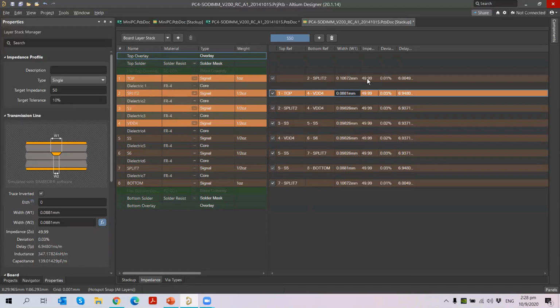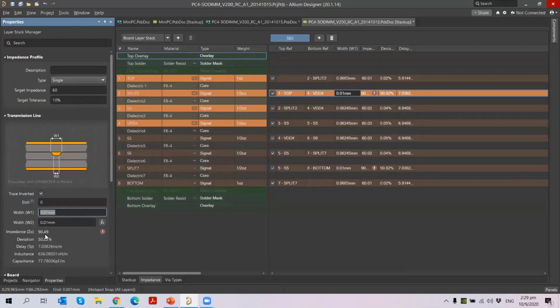Okay, so now we'll go for the impedance profile. So let me change my impedance profile here from 50 to 60. Okay, when I press enter, you will see the width will be automatically changed. And then if I want to give a width and calculate the impedance, let me give my width to be 0.01. Okay, so you can see when I set my width to 0.01, automatically your impedance is calculated as 90.49.